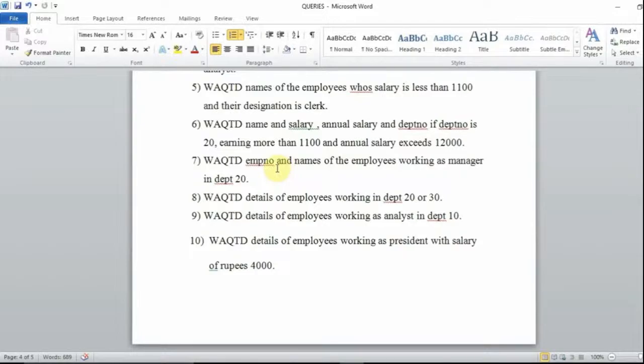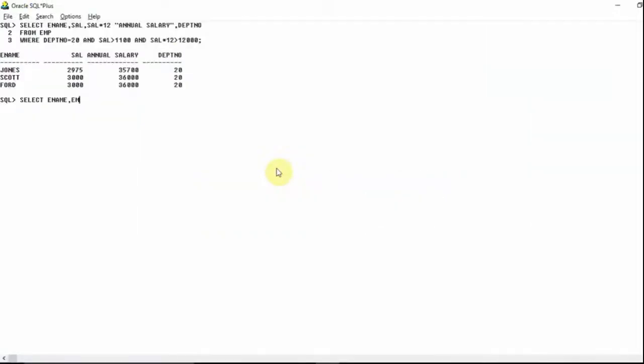First I will write EMP number, after that E name guys. So employee number and employee name, I will be selecting these things from the EMP table